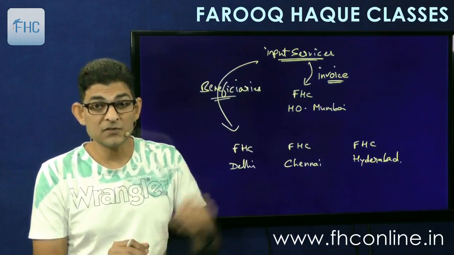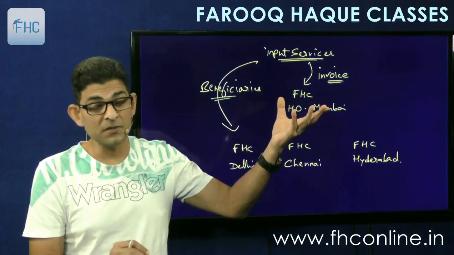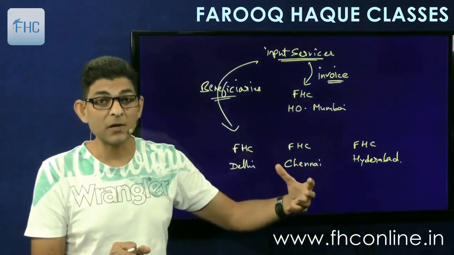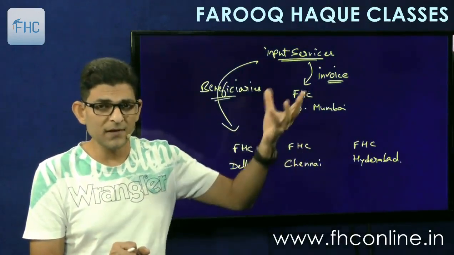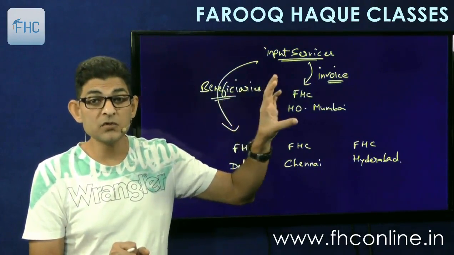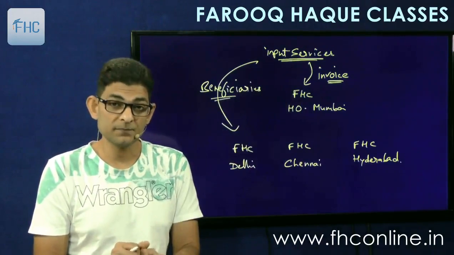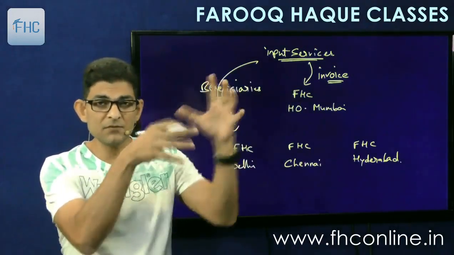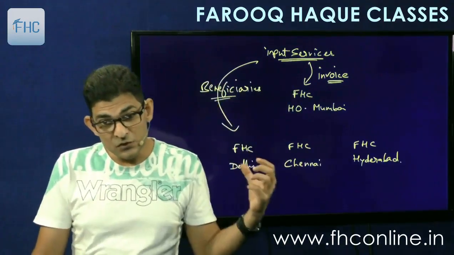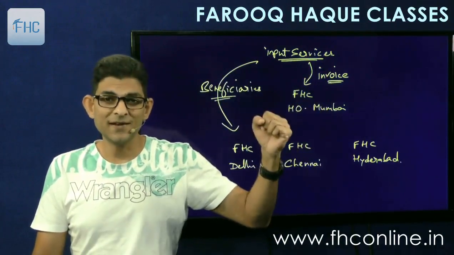Now head office might itself also be a registered person. It is also giving some service or supply of goods as the case may be. So it is also liable to pay tax, and all of these premises are also liable to pay tax. Or it can only be that head office is not liable, it is just a registered office. No supplies made from here, but supplies are made only from our branches. So either or, there can be several complexities. Now the question is that since the beneficiaries are these premises, invoice comes here, who will take the credit?